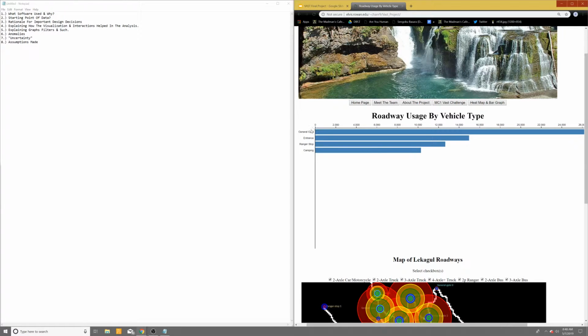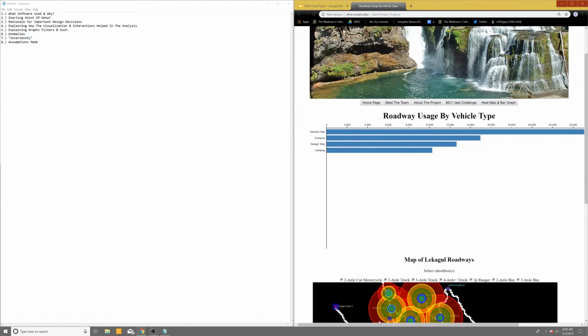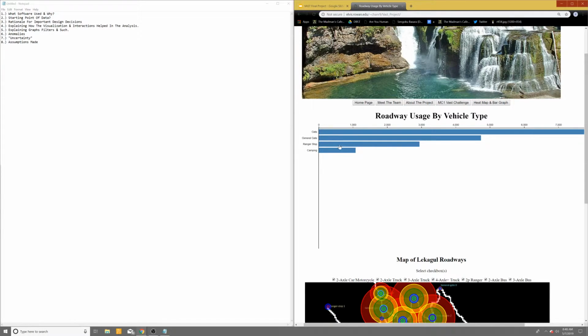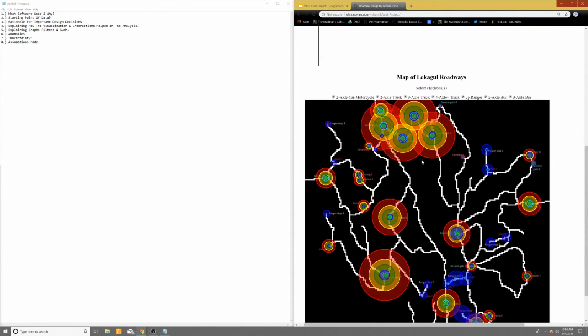As we could tell here, the two-axle car had a lot of activity in the general gate, while let's say the Type 2, which is the park ranger car, had a lot of entrances at just the ranger gates versus the general gate. Anyways, moving on, we'll go to